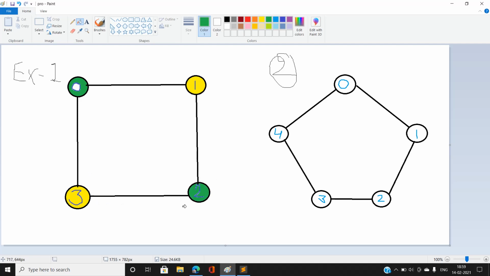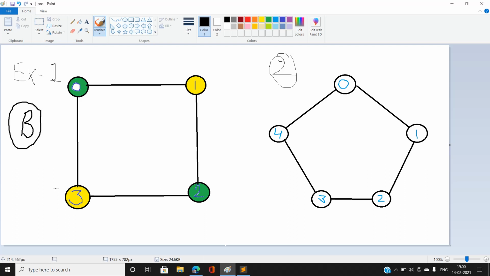Okay, now you can see this graph is a bipartite graph. So how is this going to be a bipartite graph? Let me write that also. Let me denote here with a B. That is, the graph is a bipartite graph, because you can find that if we start coloring from any node, we can easily color all the nodes such that every adjacent node is of a different color. That is, adjacent nodes are not of the same color.